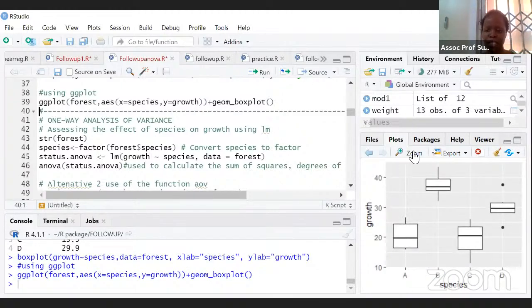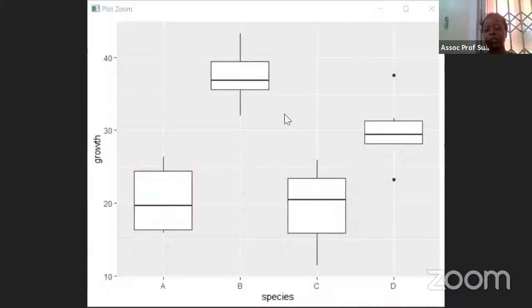So let me zoom it and share. I'm going to share again. So it is a box plot again. The only thing I have done is it has this grid. I think it's clearer than the first one. Yeah, it's more beautiful. That's why you see it's a ggplot and they put in AES, meaning make it more